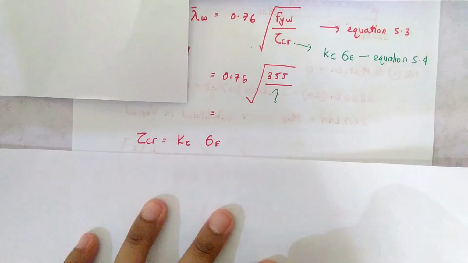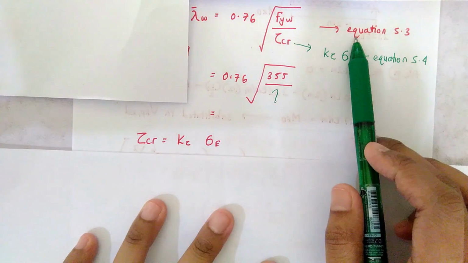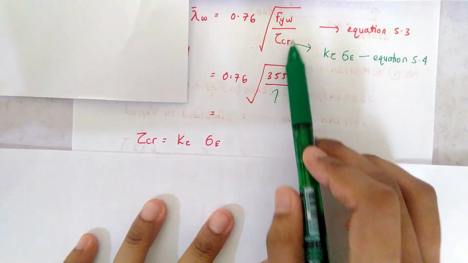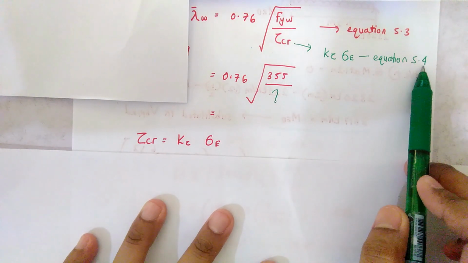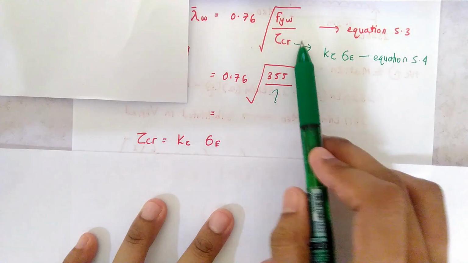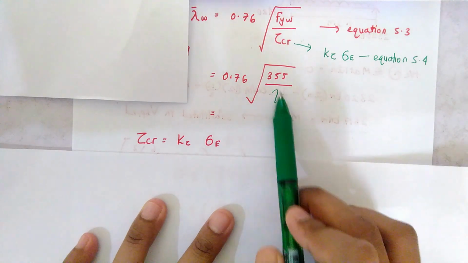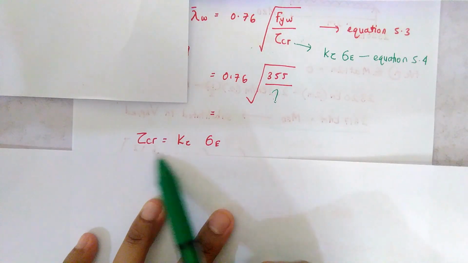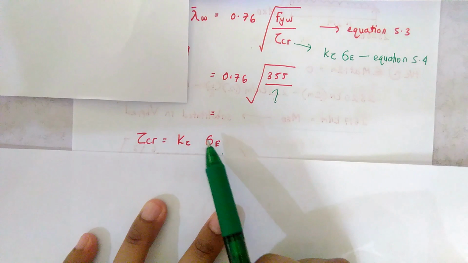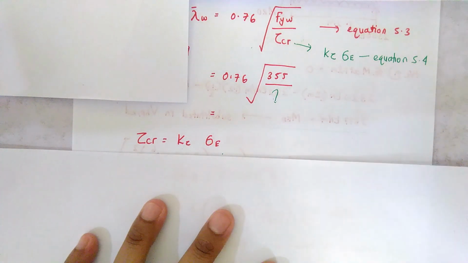So students, now we know that the slenderness parameter comes from equation 5.3, and this comes from equation 5.4. The only thing that we need to find is this parameter. We do not know what this parameter is, so we need to calculate it using these equations. Here, it was calculated before. If you can still remember, when you calculate